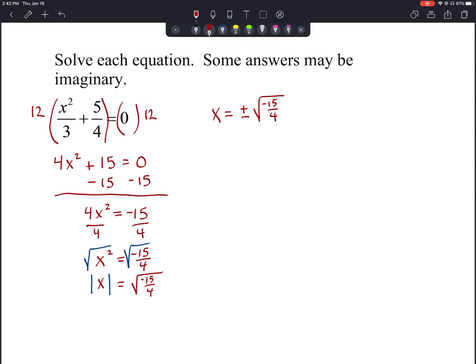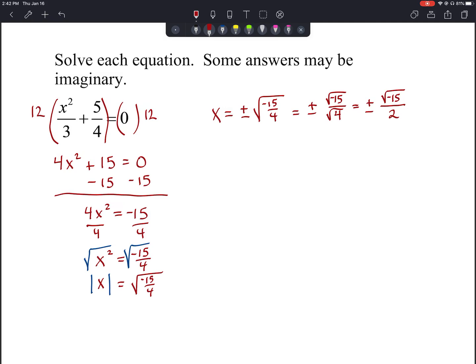But just like with multiplication, we can take each part and give it its own radical. So we'll just say this is like positive or negative square root of negative 15 over 4. I'm sorry, the square root of 4. Okay, so by giving them each their own radical, in this one here, I know that 4 is a perfect square, so I can make that into 2 in my denominator,